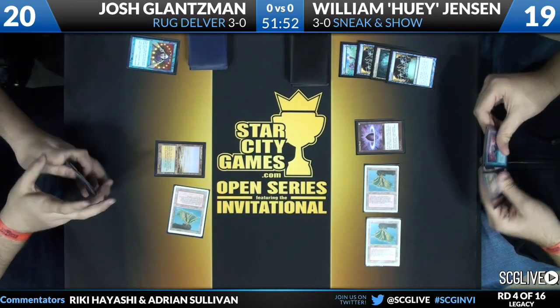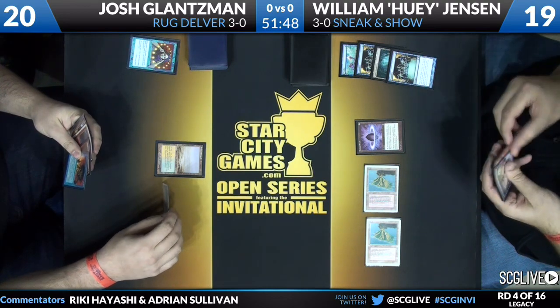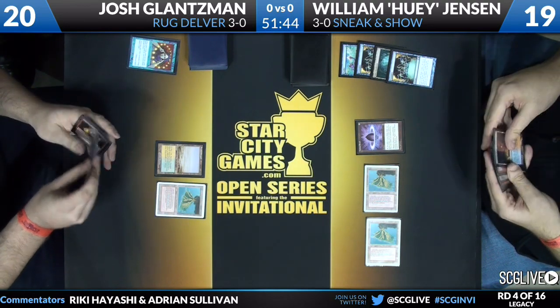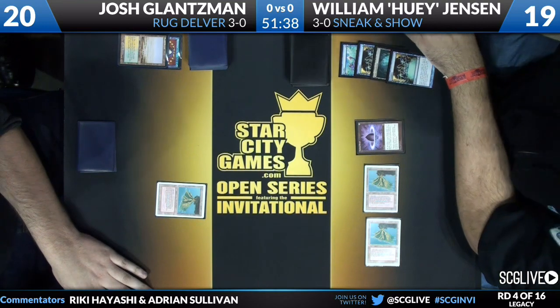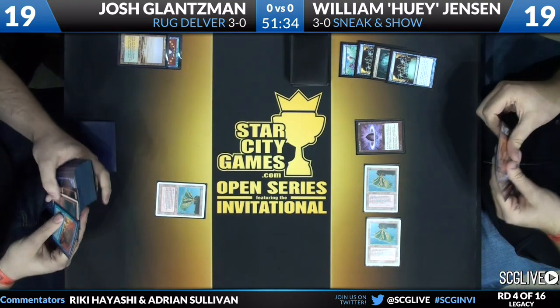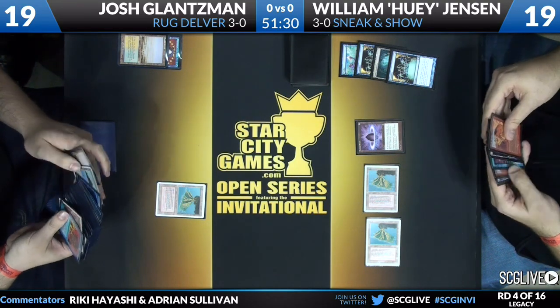Josh Glantzman with Force of Will. I think that's a Young Pyromancer in his hand. Can't quite make it out. Yeah, that looks like a Young Pyromancer. Wasteland. And a Spell Snare. Very few targets for Spell Snare in Jensen's list. I would go Daze? with... Yeah. Daze is it. Not the greatest for this matchup, so...